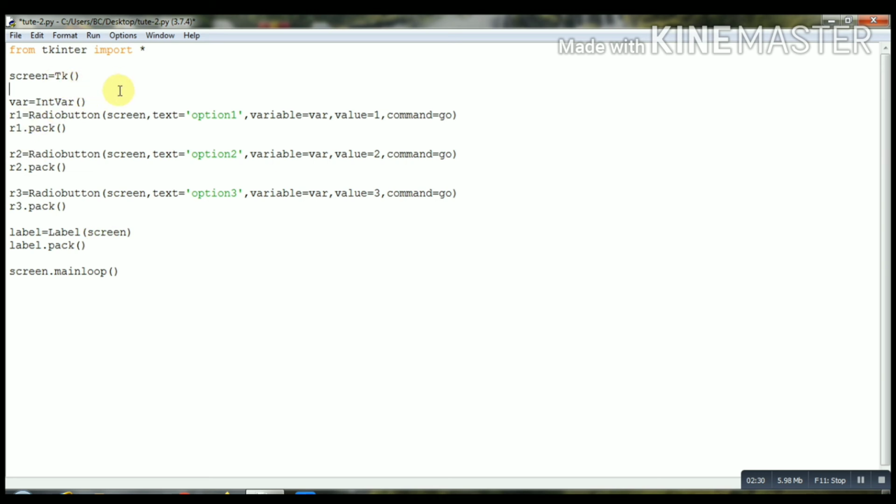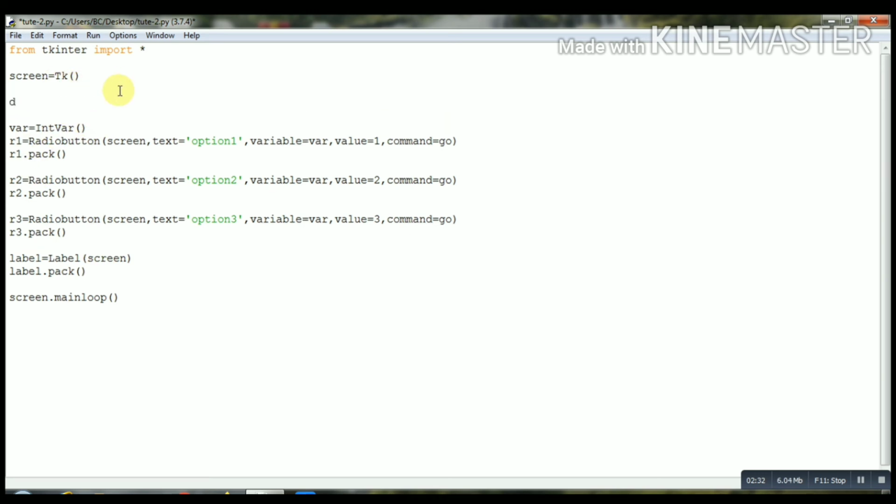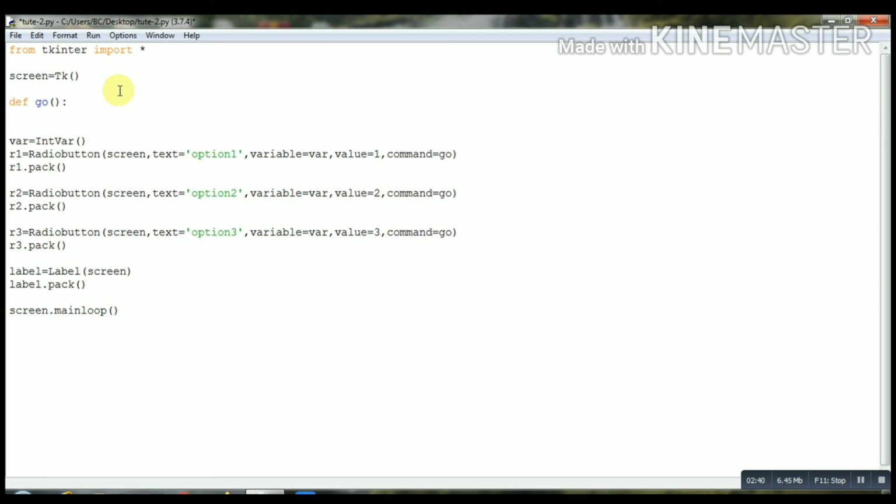Now let's create our function go. So define go. Now let's make a variable selection, that we will create as "You have selected option".